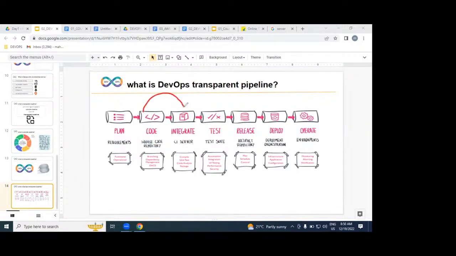The developer code is integrated, then verified by the test cases. Once you get an error, it is automatically redirected back to the developer. This loop is repeated until there are zero errors, zero bugs. Once everything is fine, without any error or bug, we call it the working software.